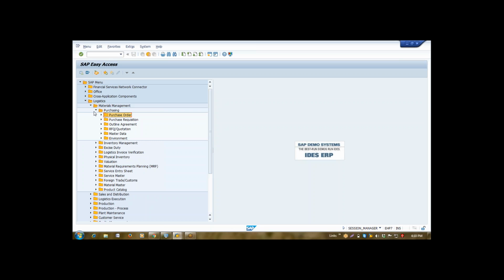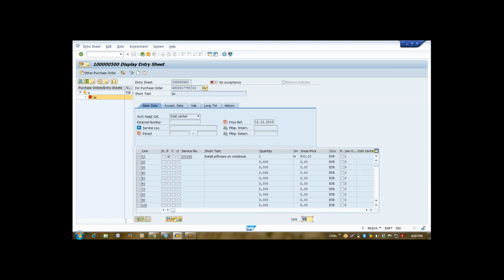So for that, the path is purchasing, sorry, service entry sheet, maintain. So we have done one service against your purchase order. First of all, we'll have to assign one purchase order here.